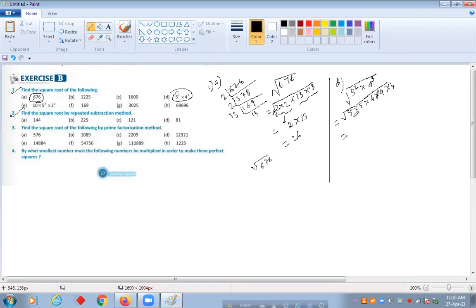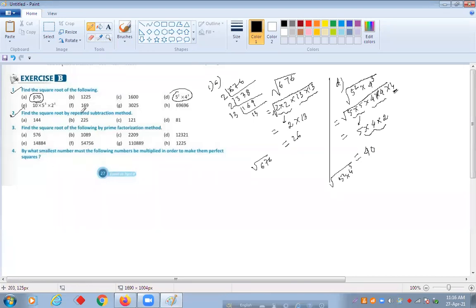From each pair, you are going to choose one number. And can you find the square root of 4? Yes, that is 2, because 4 means 2 into 2. So what will be the square root of 5 square and 4 cube? That will be 5 into 4, which is 20, into 2, that is 40. So understood? Yes, sir. This is the way you will do it. Question number 2.